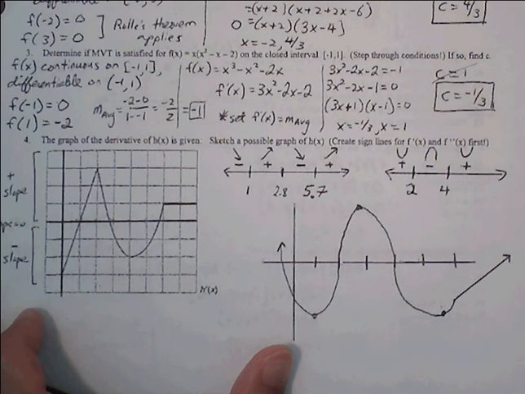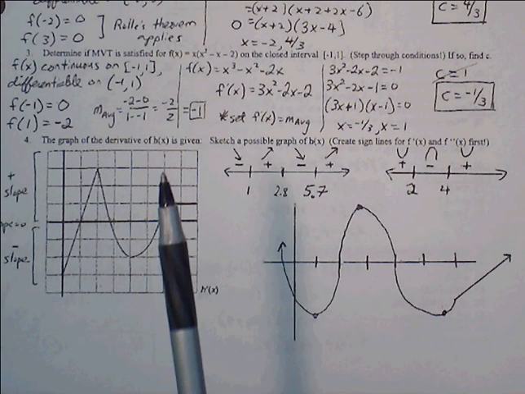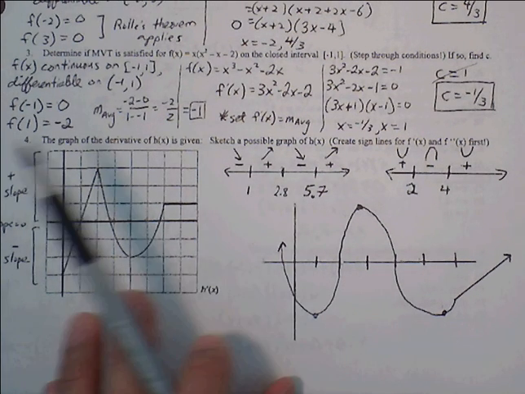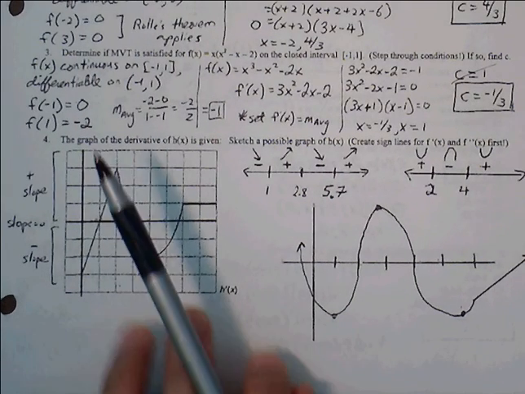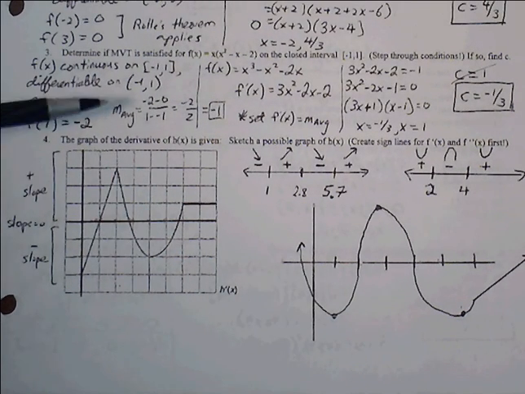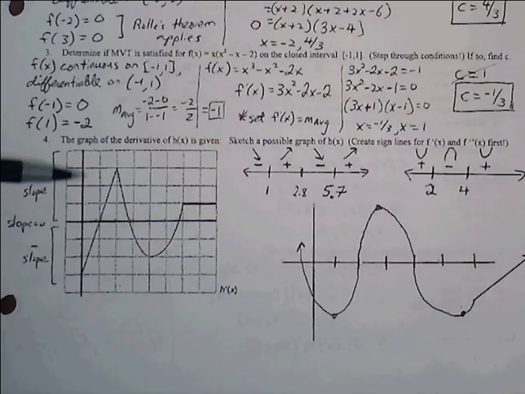Number 4, the graph of the derivative is given. Sketch a possible graph of h of x. Just as a reminder, if we're looking at the derivative graph, we have to make a slight adjustment in terms of what we're looking at. We have to identify the fact that this y-axis no longer represents physical points on the original graph. The y-axis now represents the slope of